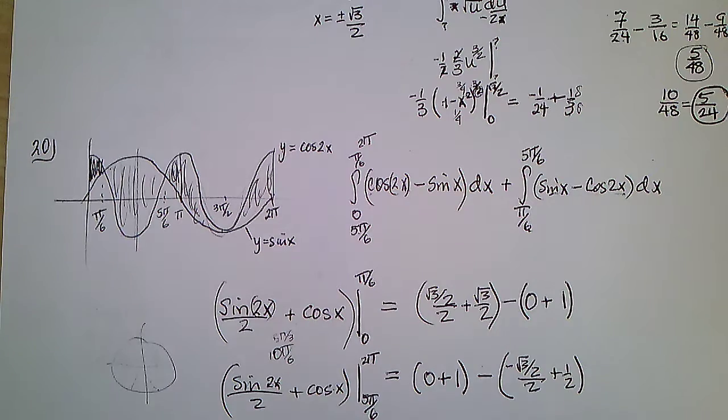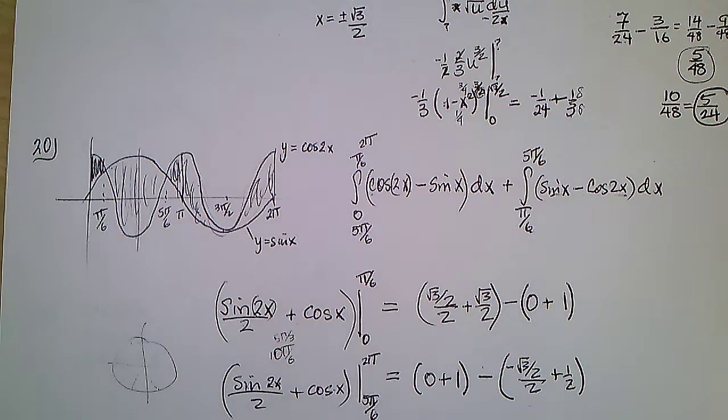And then finally, we got to do the negative of 5 pi over 6 put into here. Well, that's what this is, because we did this and subtracted, so it's negative. So it's going to be exactly this. Negative of that is square root of 3 over 2 over 2 minus 1/2. Then pi over 6 in here, we did that up here, and we got this, but we have to do the negative of that, which is minus